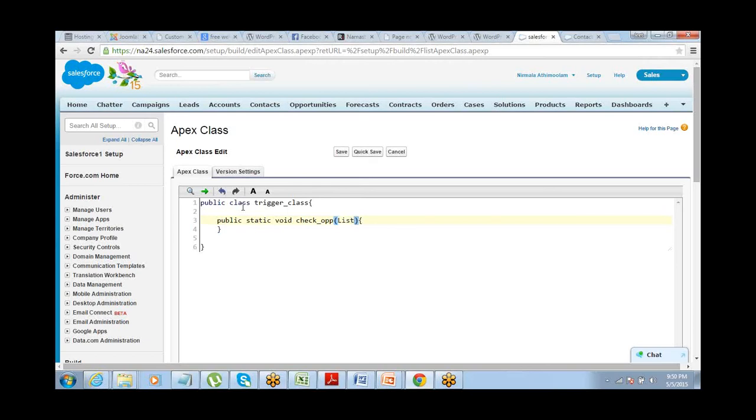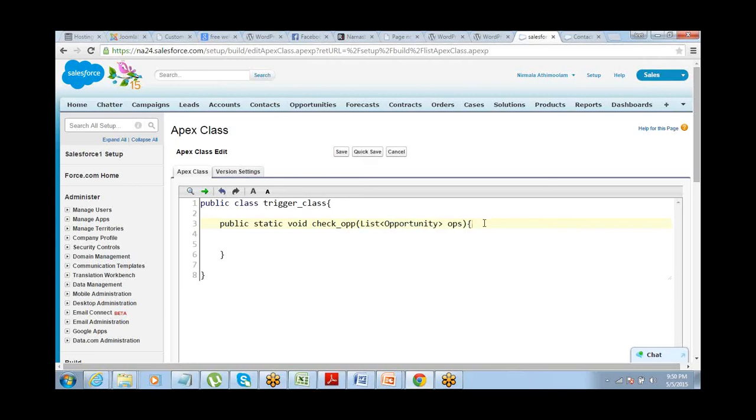So my parameter is going to be list of opportunity. So I've defined a parameter also inside this. Okay. So this list of opportunity, while I call it on the trigger, I will replace this with the trigger.new. That's my plan. Okay. So any method that you're writing to be called on a trigger should have a parameter which is list of sObject, so that you can replace that with trigger.new. So that's fine.